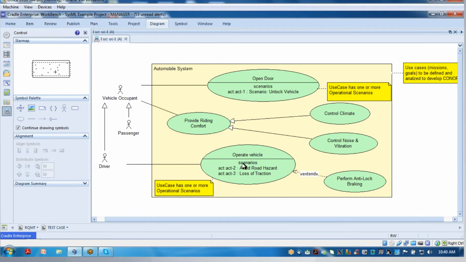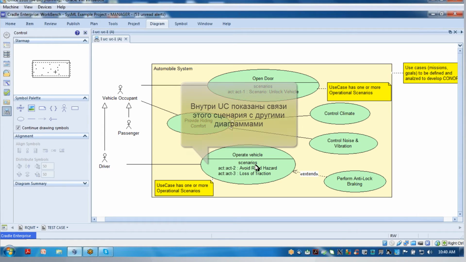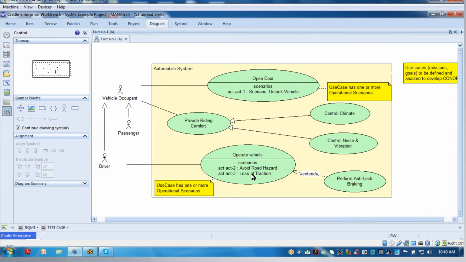You'll notice that we've got another compartment in the use case here. This is a cross-reference link to two scenarios. And by a scenario, I'm talking about an activity diagram. As you know, normally in a use case, you can define a textual description of the activities that should be performed for that use case. Or you can build an activity diagram and show those activities. So if we want to look at one of these